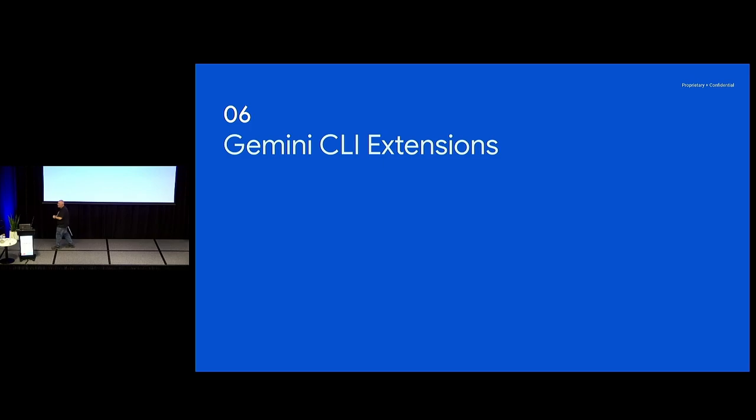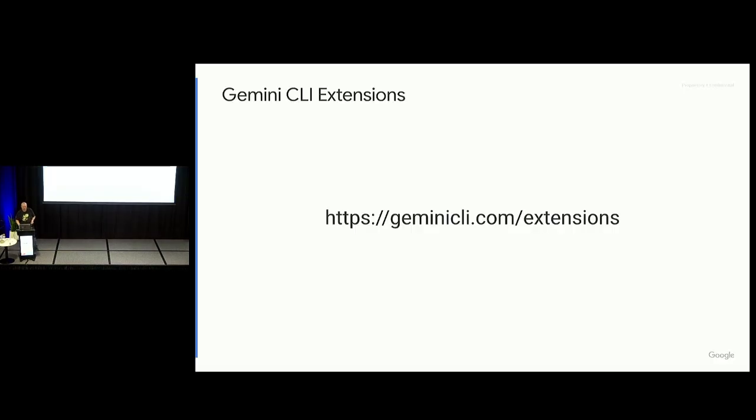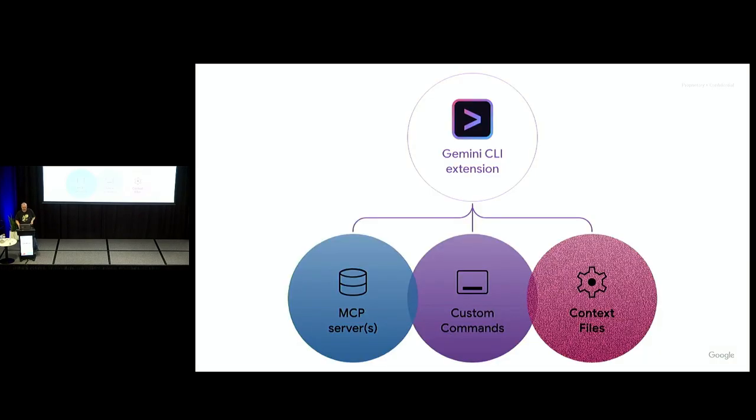Gemini CLI Extensions: the problem with MCP up until now is that as an MCP service provider, you gave an LLM a set of tools that it could use, but you didn't have the ability to tell the LLM how to use the tools, why to use the tools, what order to use the tools in. So we came up with this thing called extensions, which you can read about here,